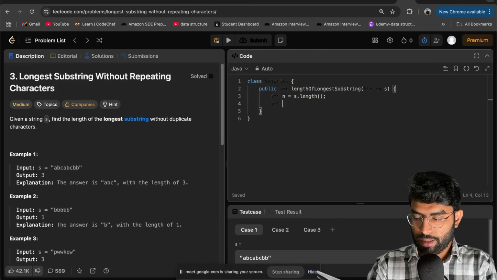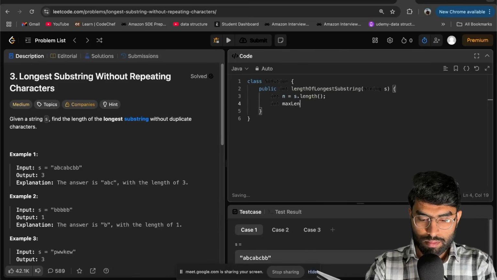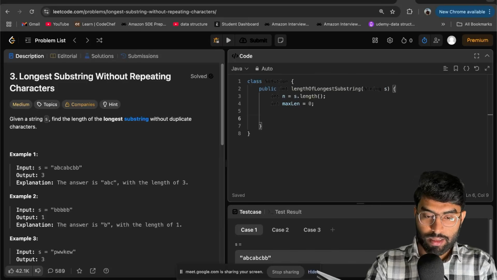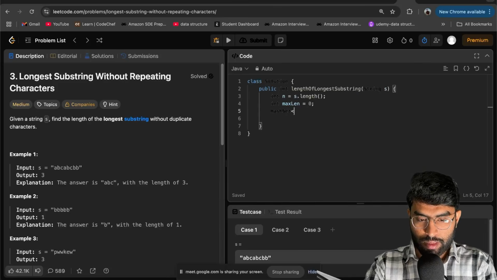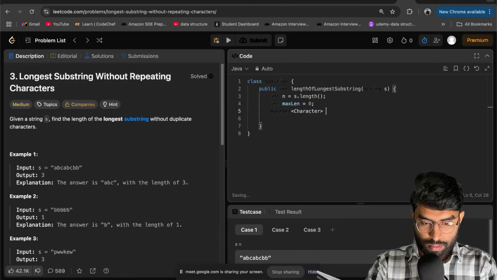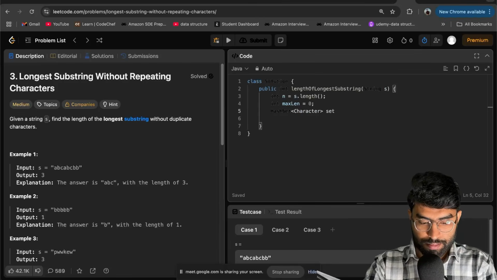After that, int max length will be there, that will be initially 0, right? After that we need to maintain a set for duplicacy. Hash set of character type, yes, let's say set equal to new hash set,